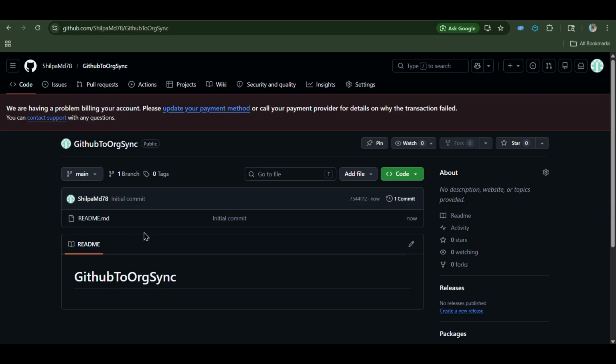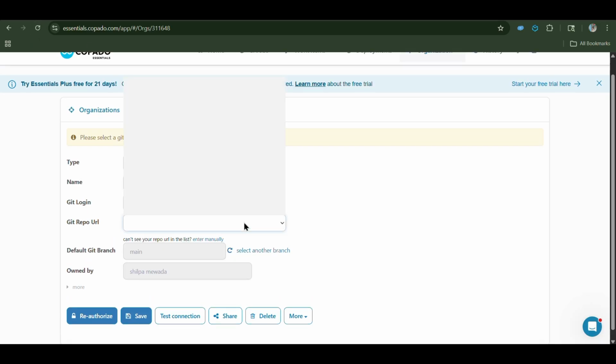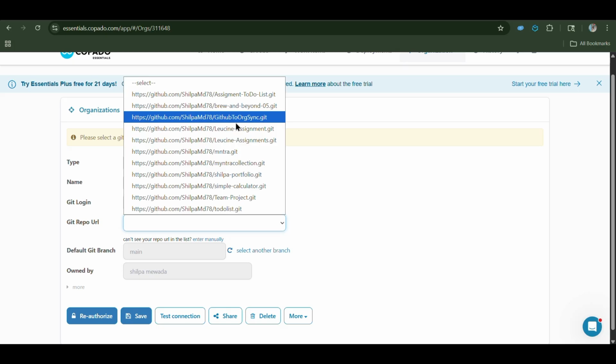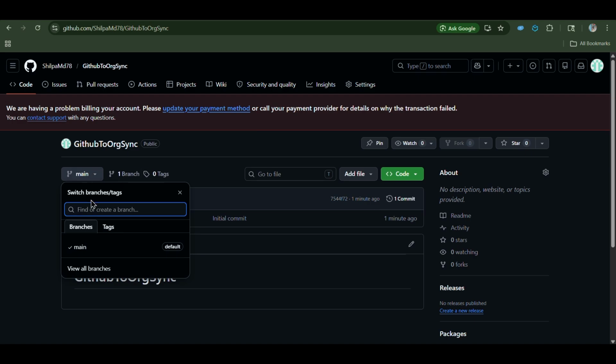Here you can see that right now it is an empty repo. Now go back to Copado and just refresh this one. Click on select repository. Select that repo GitHub to org sync that I have created. After that, here you can see that only the main branch is here, no other branch.